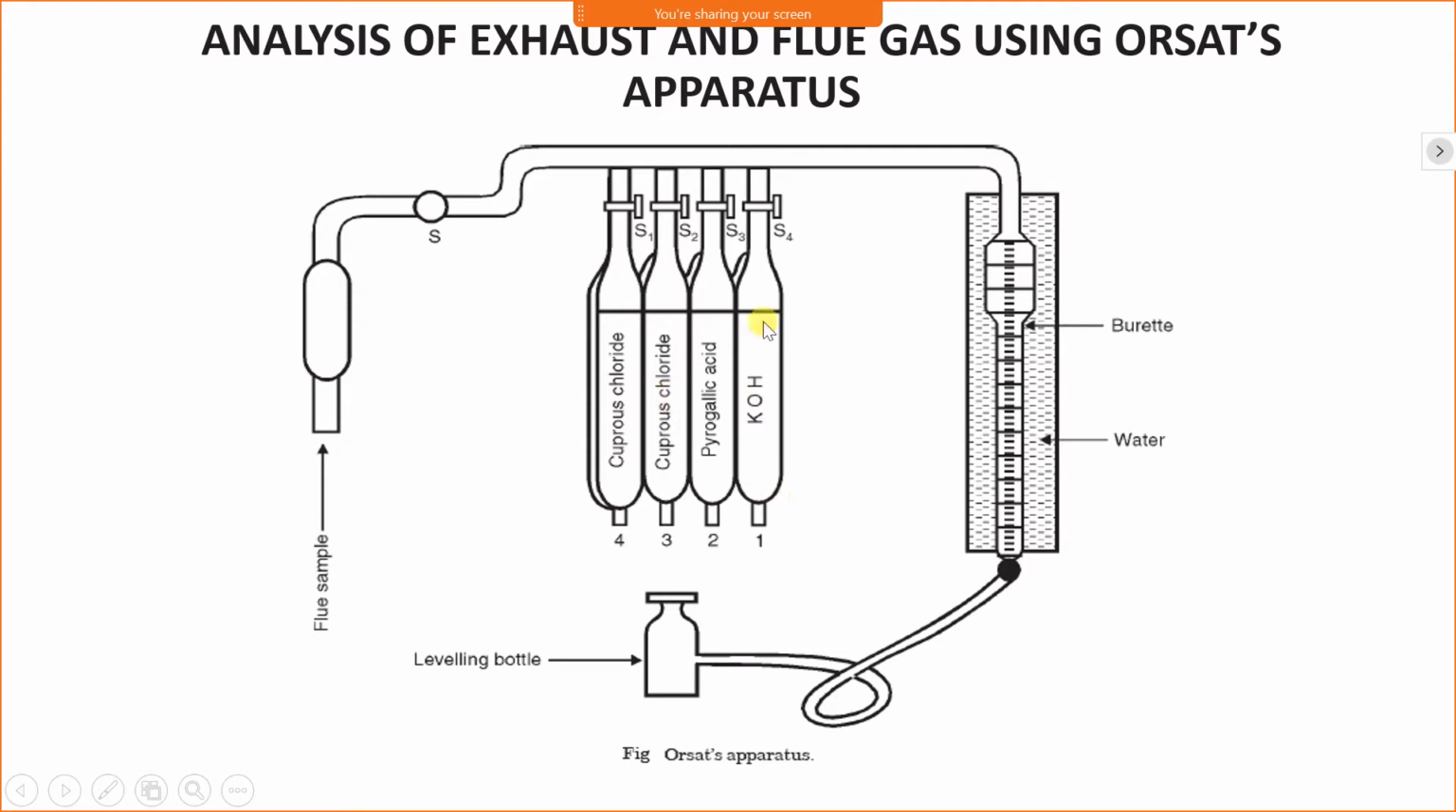Now pipette 1 is connected with cork S4, 2 is connected with S3, 3 is connected with S2, and 4th is connected with S1. Okay, the order of pipette and cork is different. Now this is a valve. Now in this case